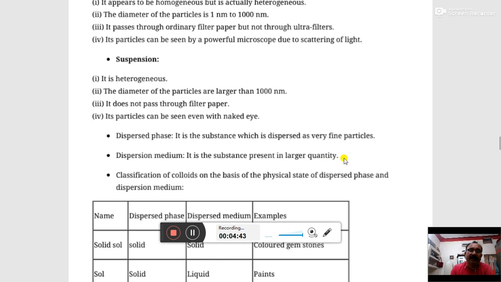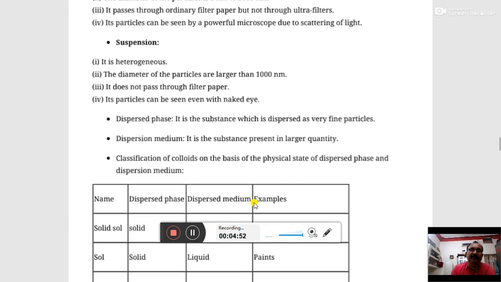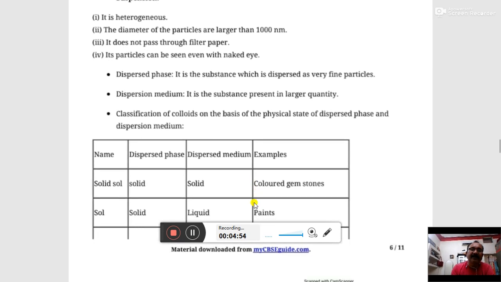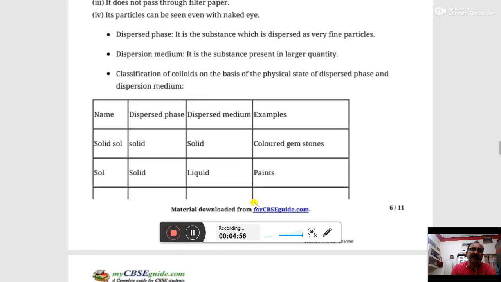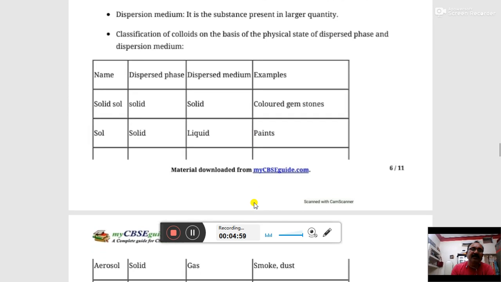So in here it has two components: one is the dispersed phase and the second is the dispersion medium. According to the dispersed phase and dispersion medium, it is classified into these types. First, we have the solid sol, the short form of solid solution. Suppose the dispersed phase is a solid and the medium is also a solid, that is called a solid sol,